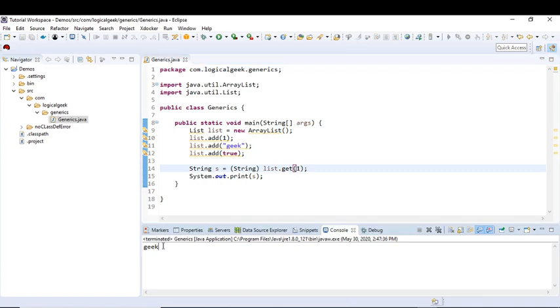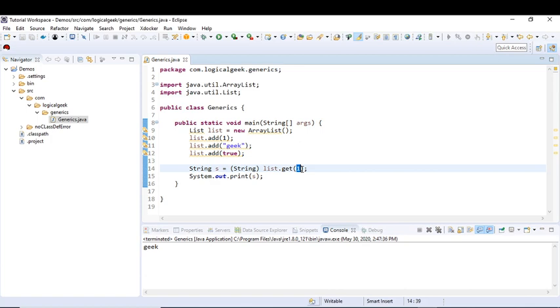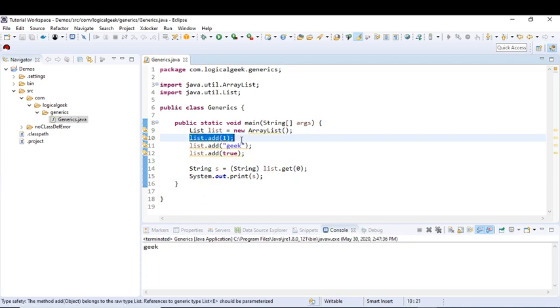Now what if instead of 1 I use index 0 to retrieve the string value? But as you can see in the code, at 0th position there is a numeric value. But there is no way for a compiler to stop you from doing that. Since you were allowed to put anything in the list, you couldn't guarantee what was coming out. So this cast will only fail at runtime and not at compile time. Let us try to run this application now.